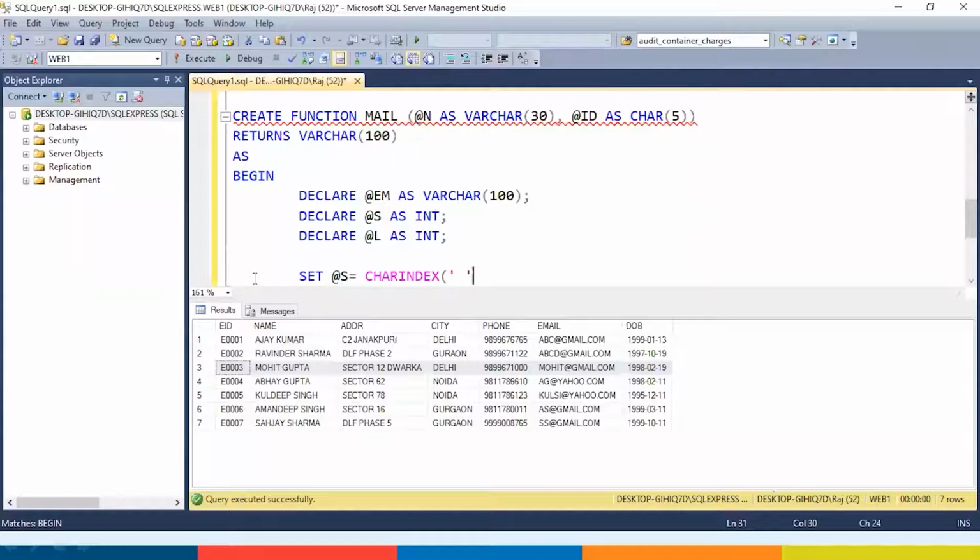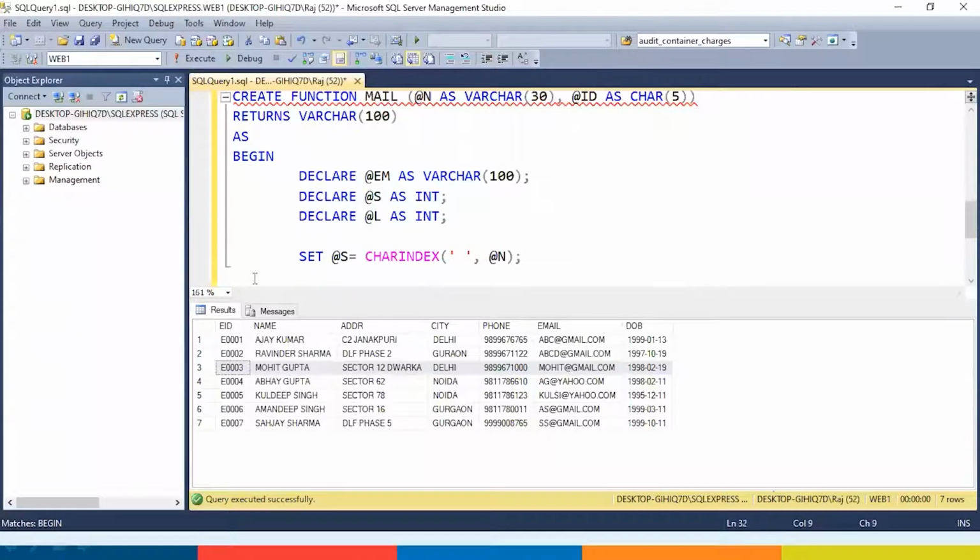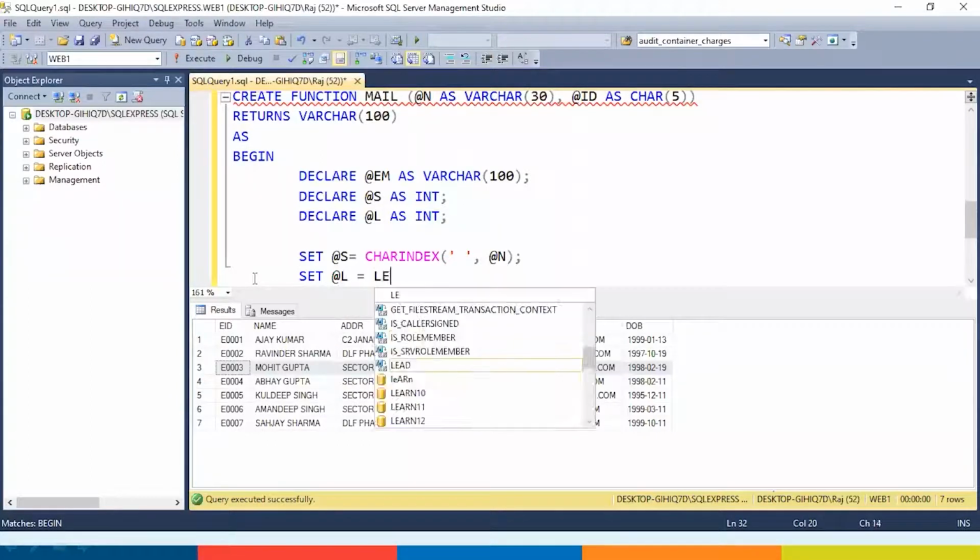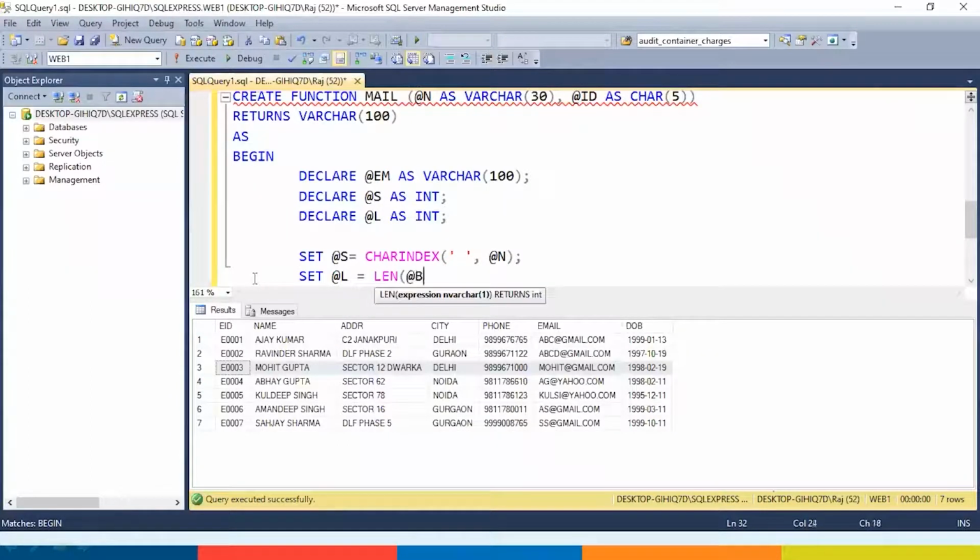I wanted to find out space in @n. Then set @l is equal to len of @n. So we talked about these functions yesterday, that is the length and finding a position of a character within a string.